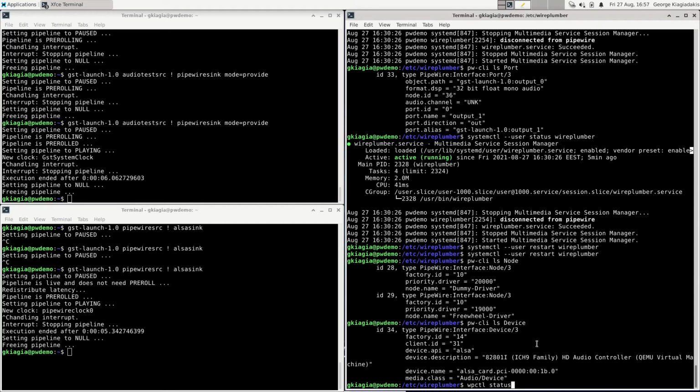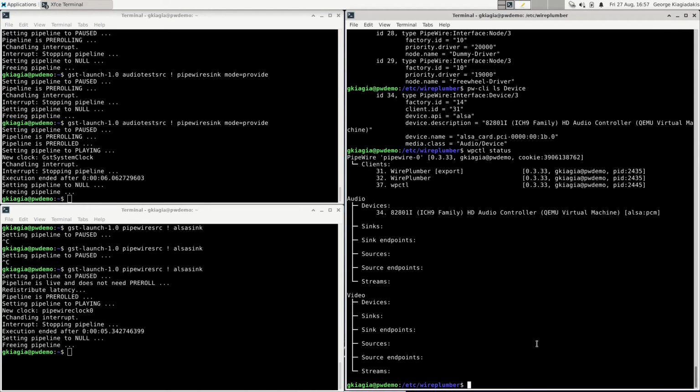This is a tool which is written using the WirePlumber API that I mentioned earlier. And it is used to inspect the current status of the graph. So for this PipeWire instance, it shows which clients are currently connected, and then it shows which audio devices and nodes and video devices and nodes are present. In this case, we have this device presented here, and we can activate it by setting the profile of this device. 34 is the ID of the object,